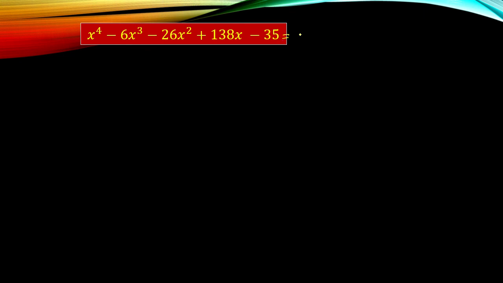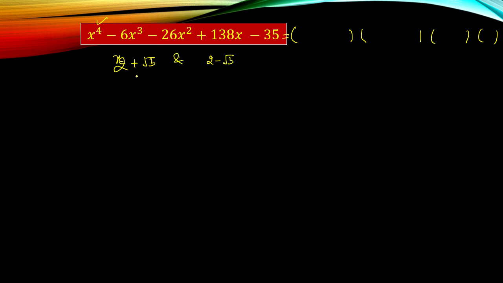As we are aware, this is a degree 4 polynomial, so definitely we have four factors. We are interested to get the factors, and ultimately with the help of factors we will get the zeros. Two zeros of the polynomial are given, that is 2 plus root 3 and 2 minus root 3.